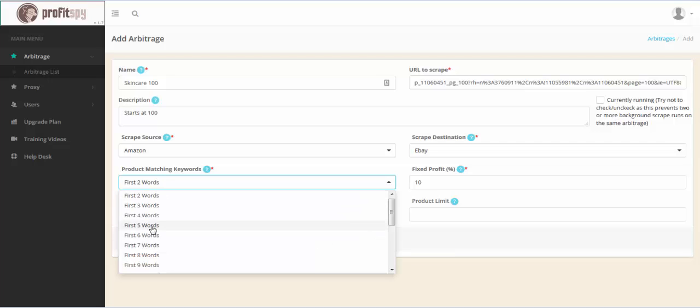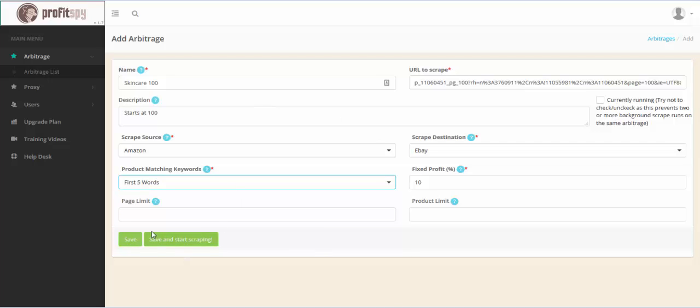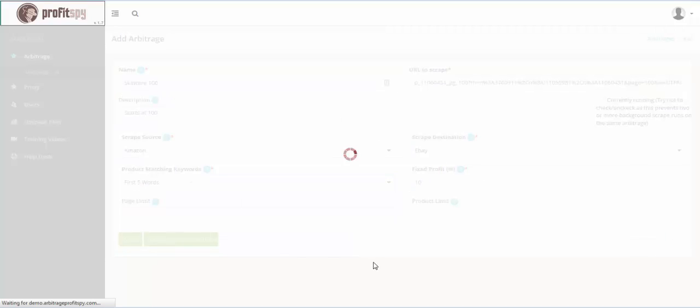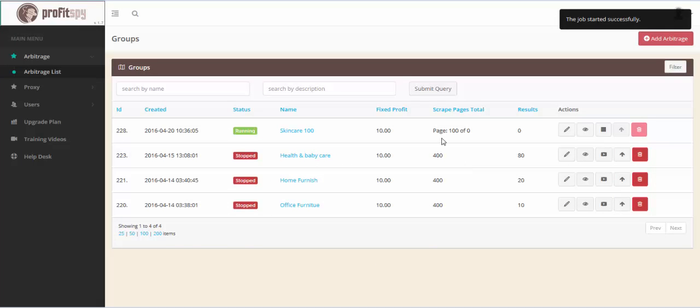So let me see. Let's go 5, 10. Okay. Okay, this is loaded up. It's going to go to page 100. Well, actually, it's starting at 100. All right, we're going to refresh here. And there we go. We start at page 100 to